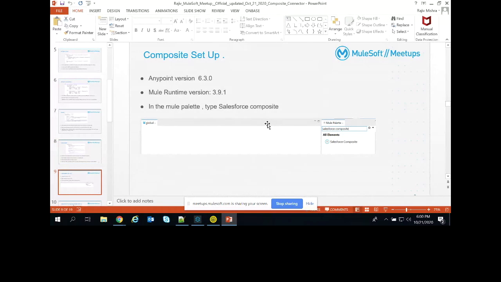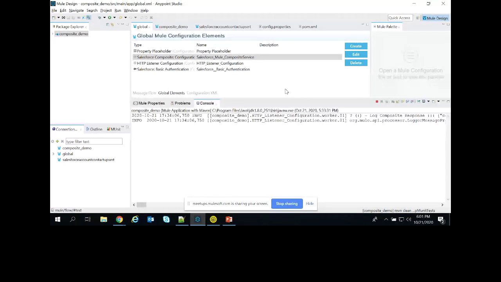In the Mule palette, you can simply search for Salesforce Composite and you can find it. In case it is not present in the Mule palette, you can download it from the Exchange that Anypoint provides, and then we can use this connector.